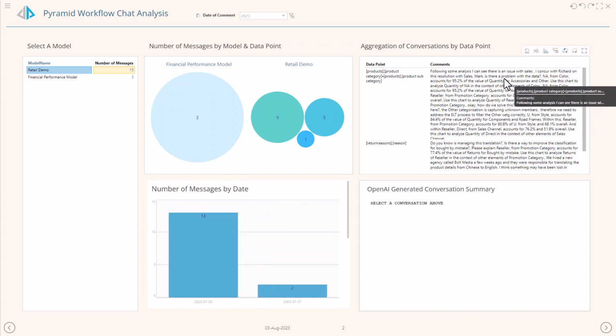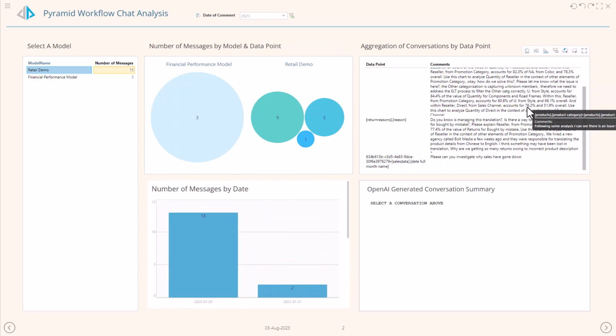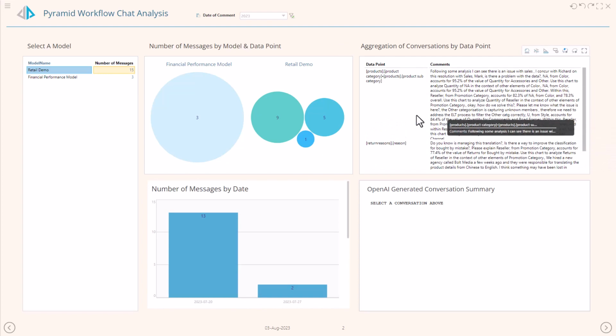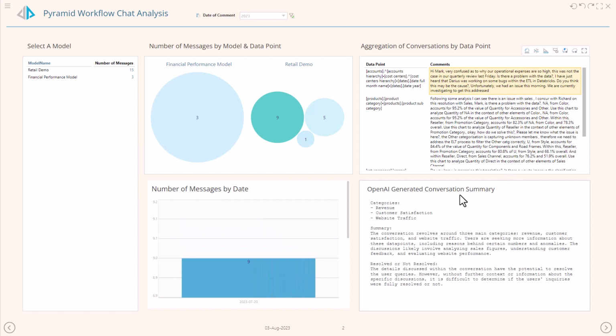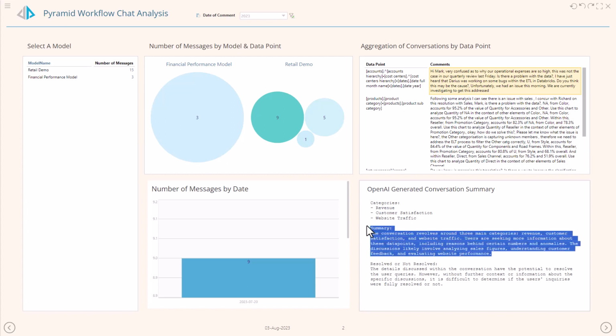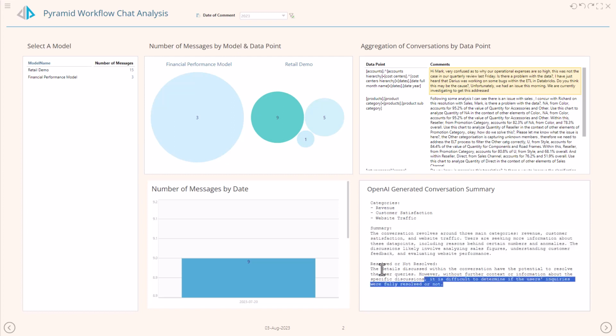Here we have used the text aggregation measure to view the entire conversation in a single cell. By selecting one of these conversations, Pyramid will use our OpenAI integration to provide insights on the data. OpenAI will then respond with three key aspects. The first shows the main subject categories discussed in the conversation. The second is a conversational summary, and the third classifies if this conversation led to a resolution to the problem